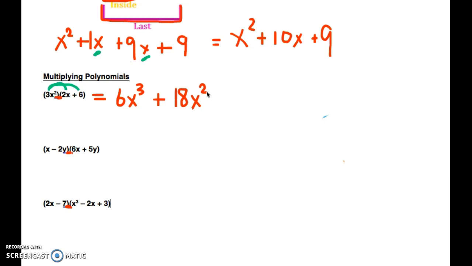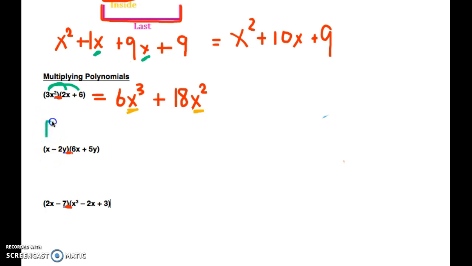So basically, that's finished. I look at my terms here, and this one has the last name x cubed, and this one has the last name x squared. I cannot combine x cubes and x squareds together, so we are finished with that problem. The second one here is a little bit, well, actually, it's just like what we did with our FOIL problem, because I have a binomial times a binomial, but it's a little more complicated because I have two different variables in there. So let's just